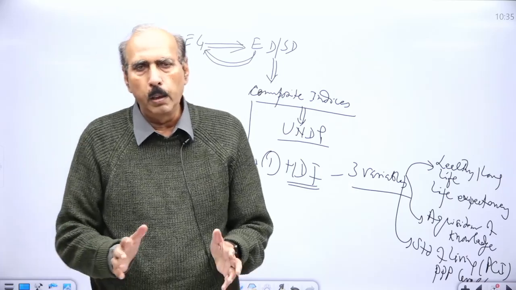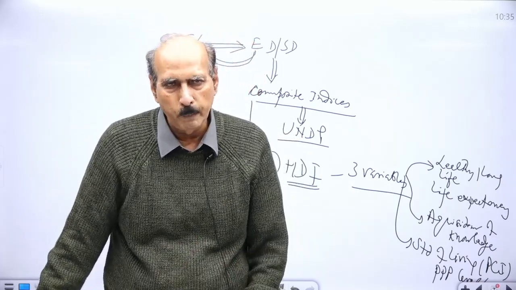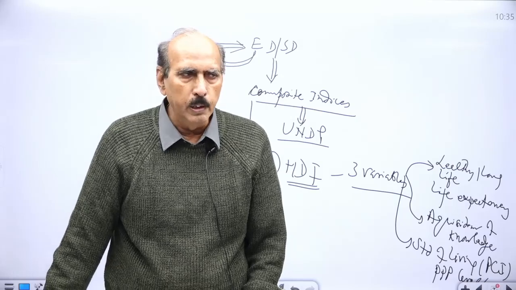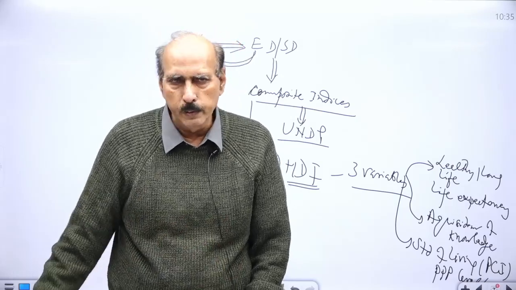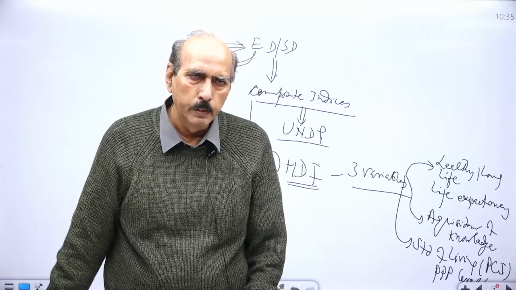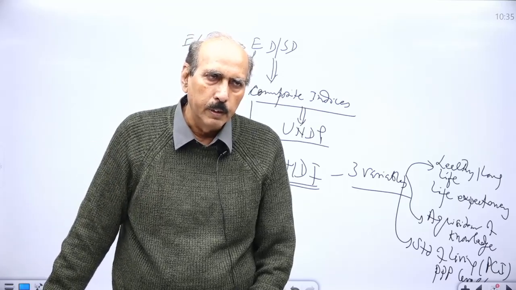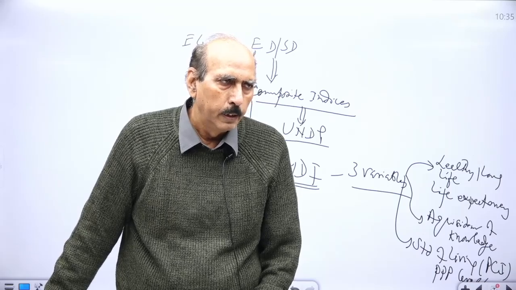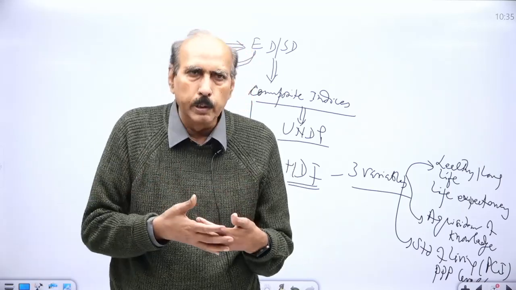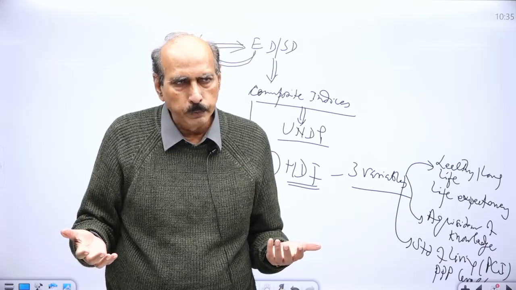Suppose a burger is sold in India at 80 rupees and the same burger is sold in the US at $1. The exchange rate is 80 rupees equal to $1. Then it is purchasing power parity. The price level is the same in both countries, no matter what the value of the currency is.